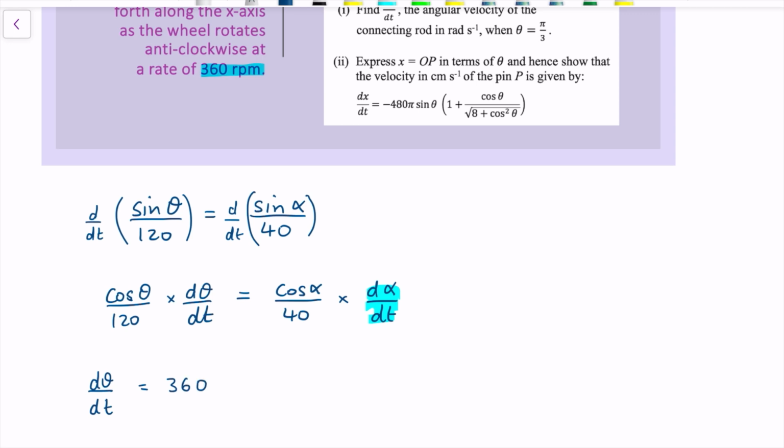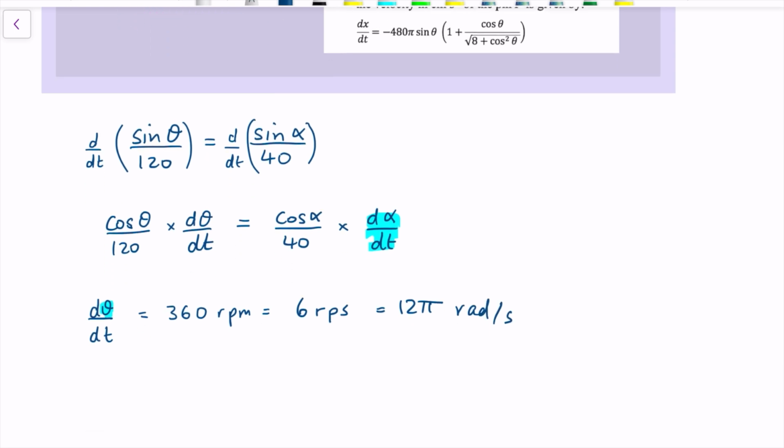In the units that we're using, we need to convert into radians per second. So 360 revs per minute is the same as 6 revs per second, and then 1 rev is 2 pi. So if we're looking at the units here, d theta dt, and we're in radians, then revolution is 2 pi, so we've got 12 pi radians per second. Okay, and then when theta is equal to pi over 3,